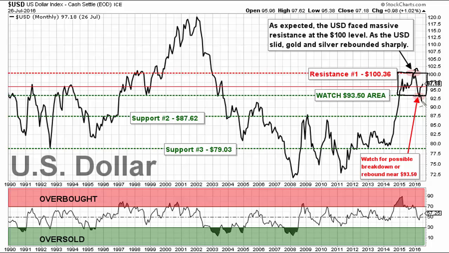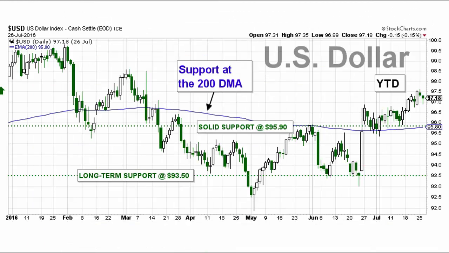A breakout below this will be very positive for gold. And so we'll continue to watch the U.S. dollar. In the near term, those of you who trade the dollar or use it as a way to measure gold or whatever, you can see here that we do have very solid support right here near the 200-day moving average. If you throw a 200-day moving average onto the U.S. dollar